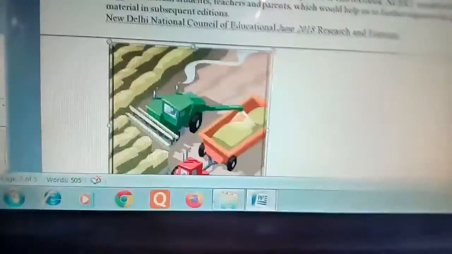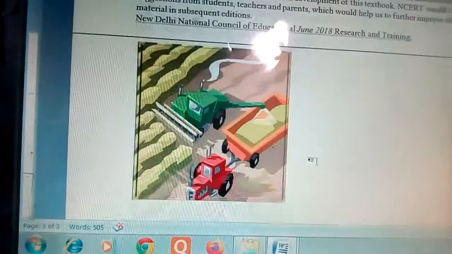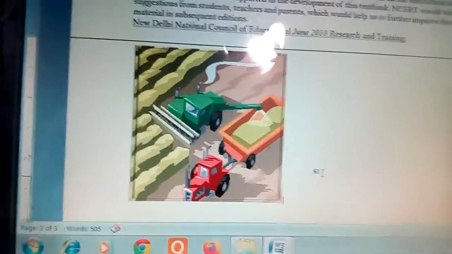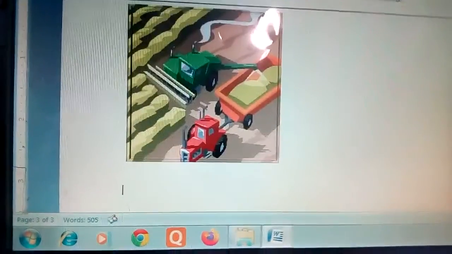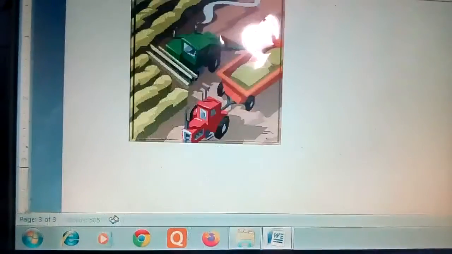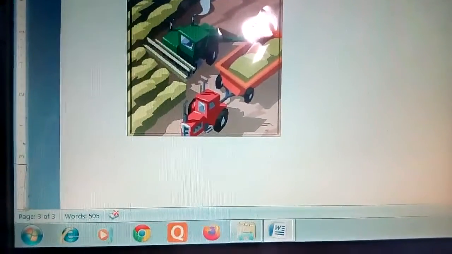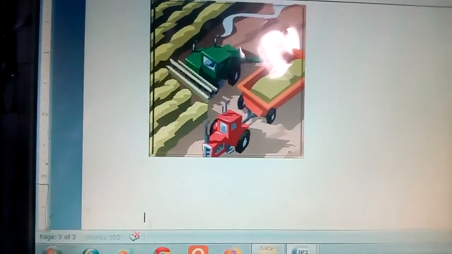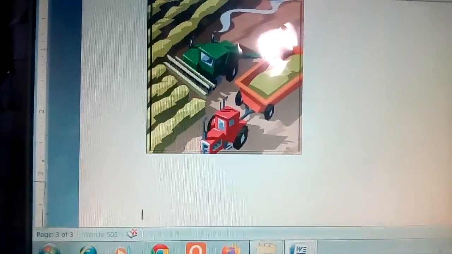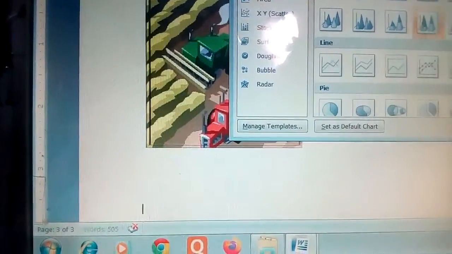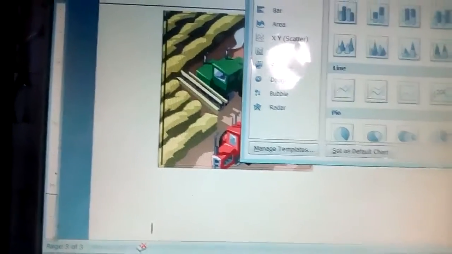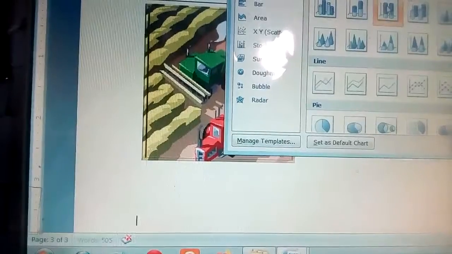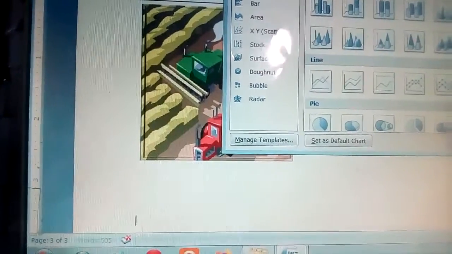Okay, now how will you insert the chart? Let us see. Here suppose, now click on insert, then chart. Here you click, which type of chart you want, that is column chart, line chart, pie chart, whatever you want, you just select from here and then click on OK.